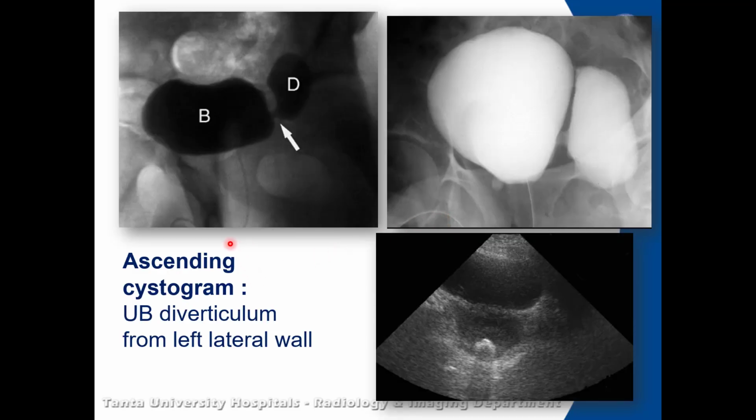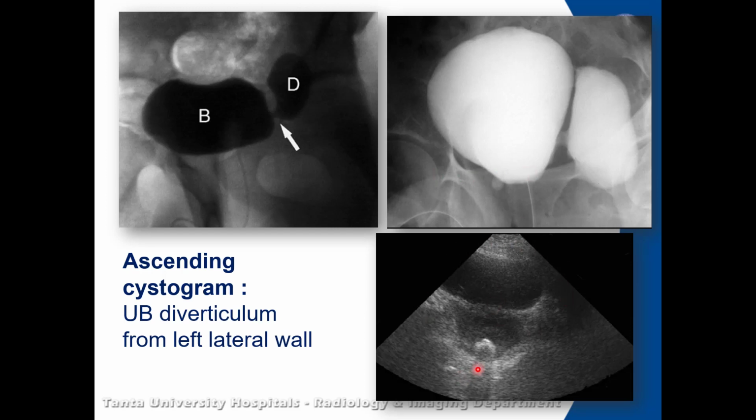This is a case of ascending cystogram, as we can see a catheter introduced into the urinary bladder with injection of contrast, and there is a narrow neck pouch from its left lateral wall, and this is the negative image of this X-ray. So it's a case of ascending cystogram showing urinary bladder diverticulum or outpouch from its left lateral wall,